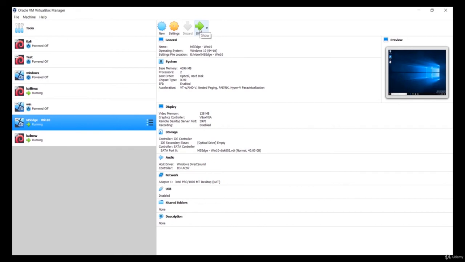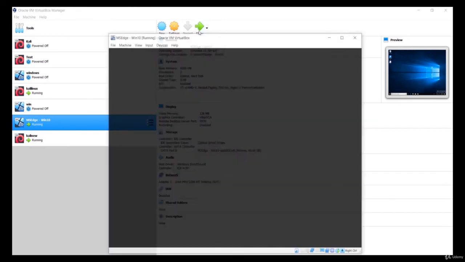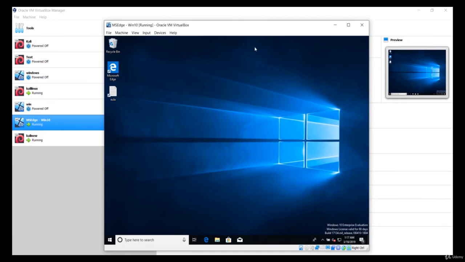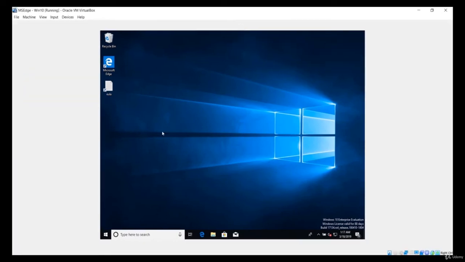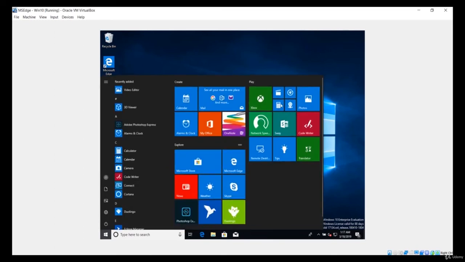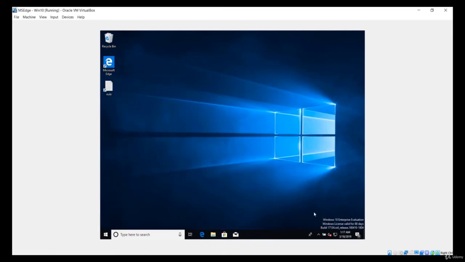So in your case it will be start, in my case it is so. If I press over here, it is going to give us this Windows 10. So you can see this is the same Windows 10, and you can do all of this stuff over here. So you can test every bit of code, your payload or your hacking skill in this Windows 10 without affecting